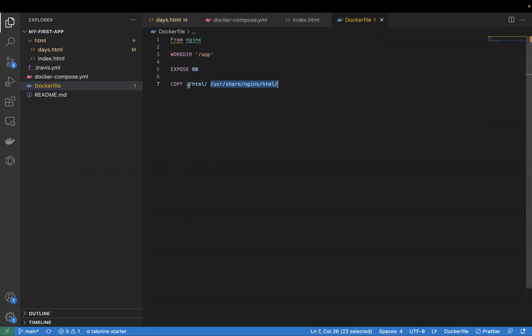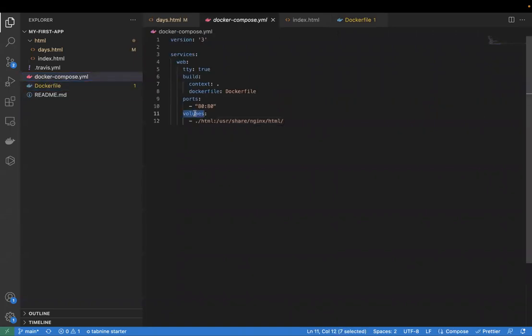So you are just copying all these contents to this particular folder. That is what you did in the previous example. Instead of that, if you use the volumes attribute here, it will not copy. It will do a mapping. So whatever files are there in HTML will be mapped to /usr/share/nginx/html. That is what we are going to do.